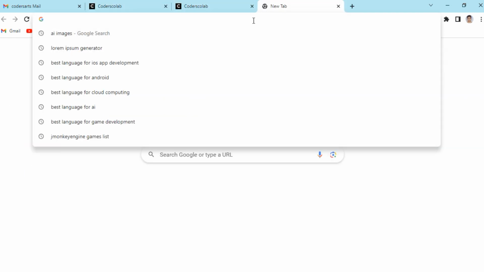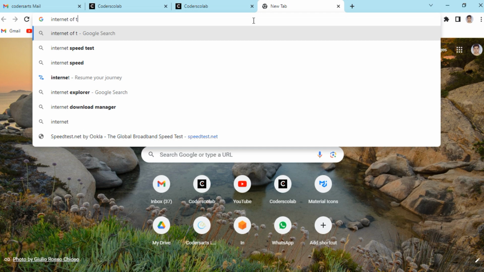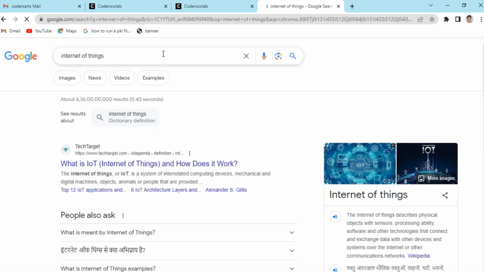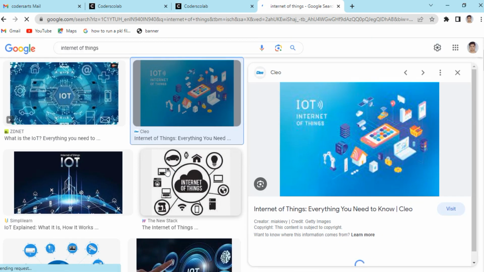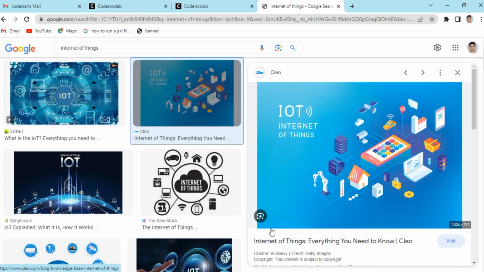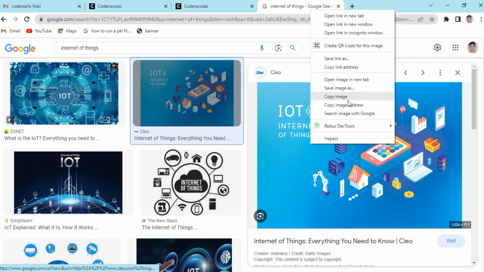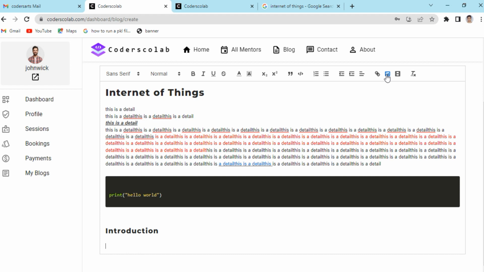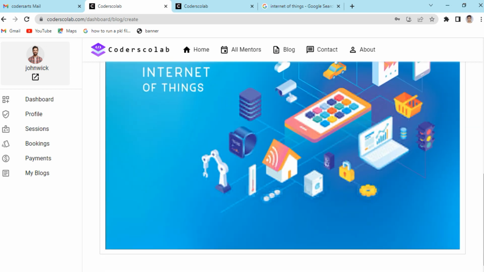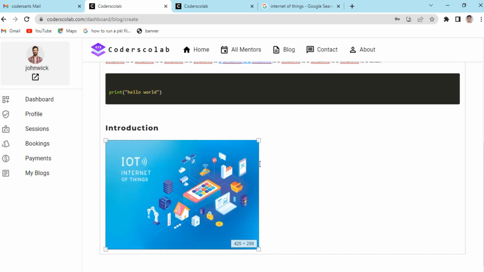So let's say I want to add Internet of Things, so I can grab that image. Let's say I want to use this image. So I can copy this image address and paste it inside here. If I click on this image, it will ask me the URL, so I can put the uploaded image URL. By default this image will show at its original size, but I have also added a